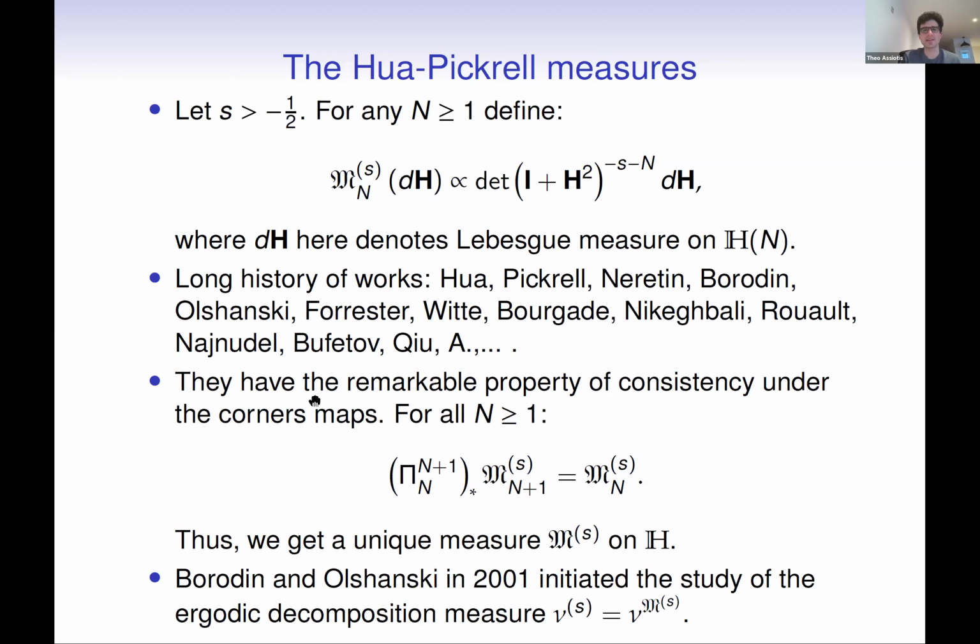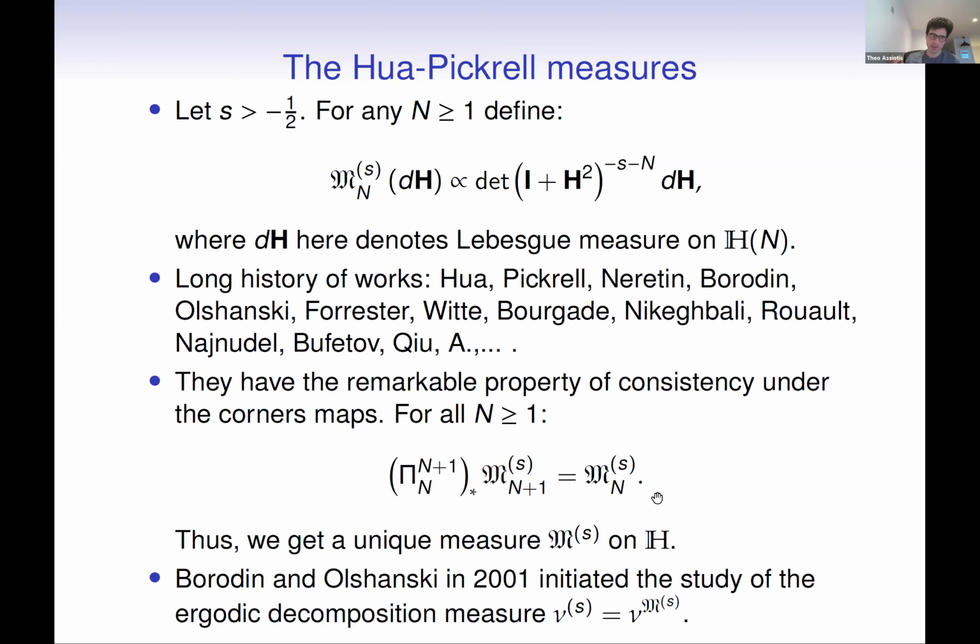But the main thing that is of interest to us here is that, obviously, these are also unitarily invariant. Then you can actually define them on infinite Hermitian matrices. So they're actually consistent. You just take the matrix of size n plus 1 times n plus 1, and you just integrate out